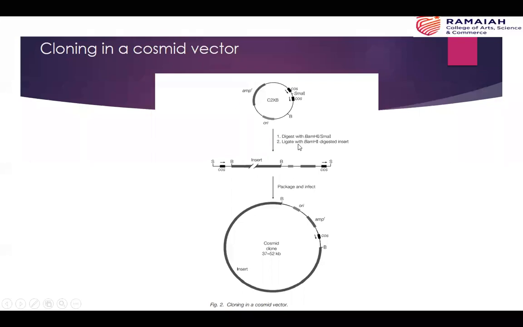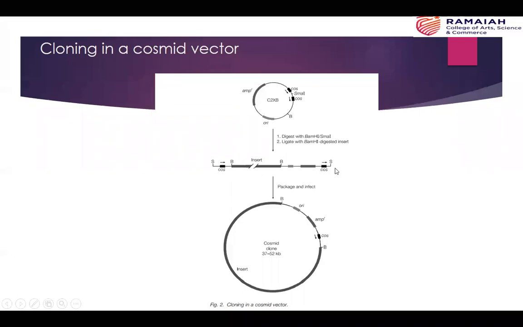So when you allow the ligation to take place with the BamHI digested insert, and that insert also could have been treated with alkaline phosphatase, the treatment with alkaline phosphatase is to avoid the self-ligation of the target molecules. Then in that case, with the reaction conditions provided, the possible product that would be formed will be the two fragments of the vector between which the appropriate size of the insert is incorporated.